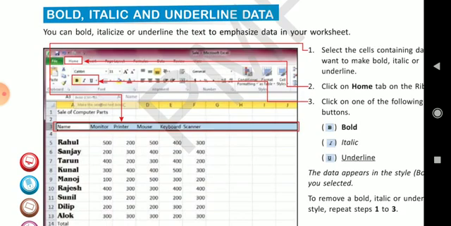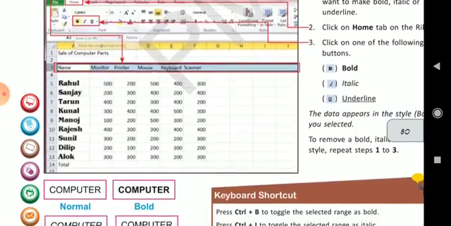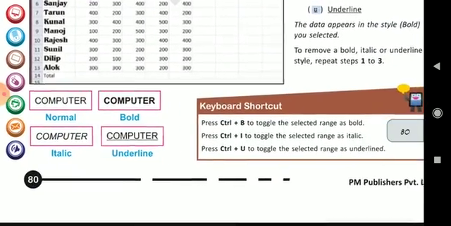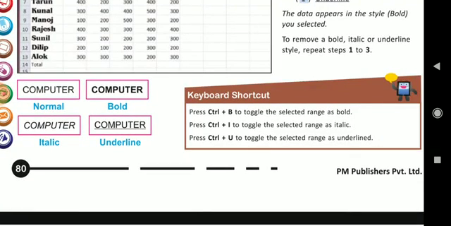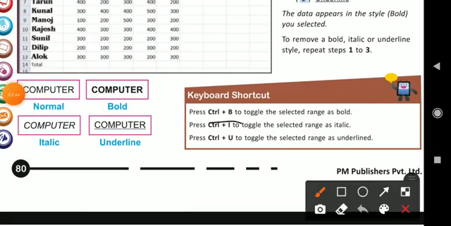Click on that and it will be applied on your data. Control B to toggle the selected range as bold. Control I for italicize, and Control U for underline, and Control B for bold. Okay.